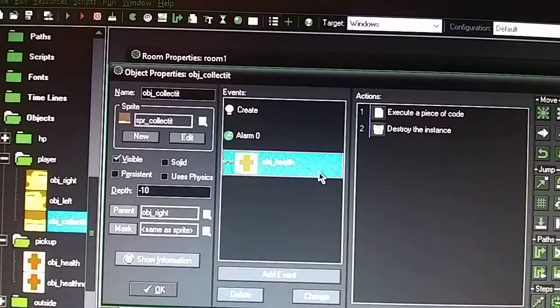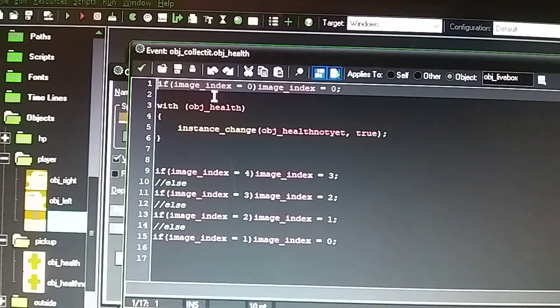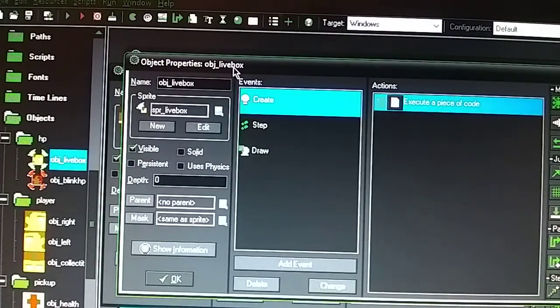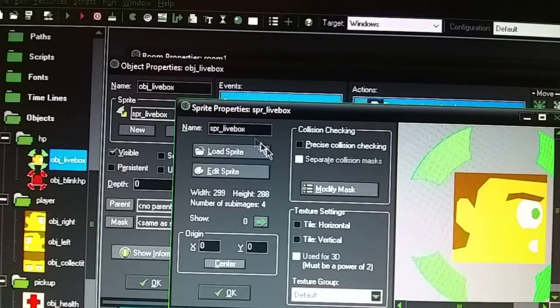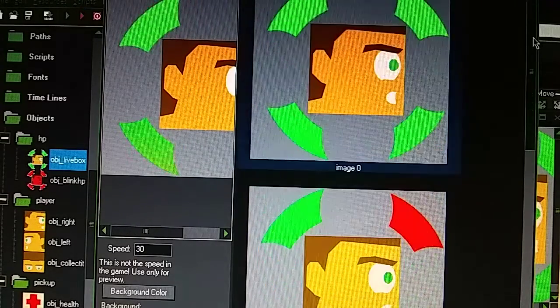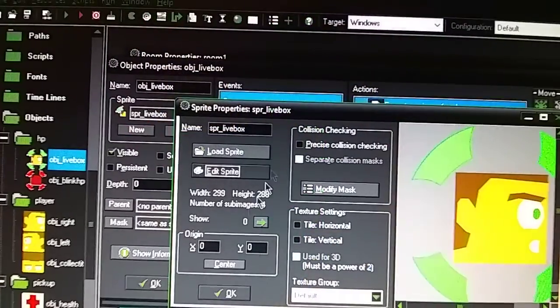So in this collision, I have a code here, and this is what it states. If (image_index == 0) in parentheses, image_index equals 0, and a semicolon, that means that this is talking about the object live box, and the object live box is the HP, which I talked about in my other previous video. If you want more explanation on that, watch my other video on the health live box. But in this, I have several images that randomly jump back and forth. And so it's talking about this image right here, image 0. So if image 0 is completely green, then